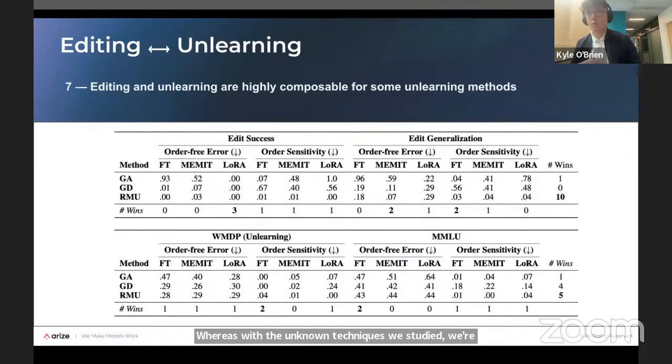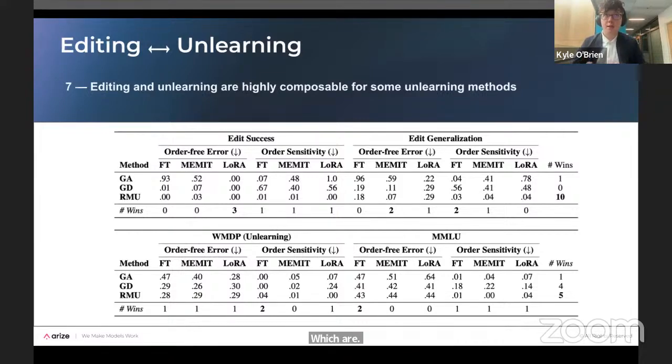In our case, we were evaluating unlearning on the Weapons of Mass Destruction Proxy dataset, which focuses on making the model forget a broad set of knowledge that can be potentially dangerous or a proxy for dangerous knowledge, such as information about epidemics or how to do hacking. So in this one, we're not trying to forget specific facts necessarily, but rather a broad distribution of knowledge. And we find that